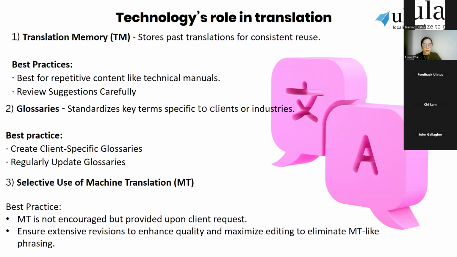When machine translation is used, we need to post-edit the machine translation output carefully and slowly to refine language, enhance accuracy, and also eliminate any machine-sounding, machine-like phrases. And internally, we have also established quality checks to ensure linguists make sufficient revisions, and this helps us ensure that the final output meets our high standards and delivers a polished and natural result.